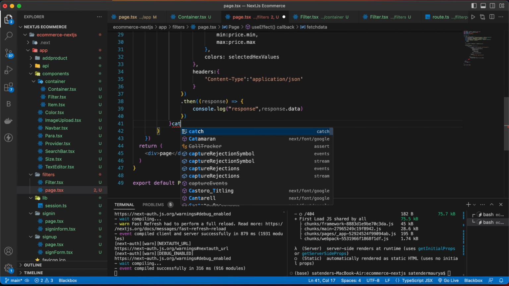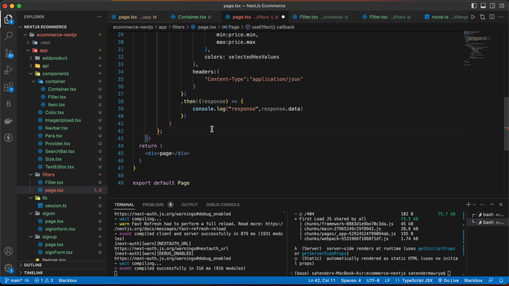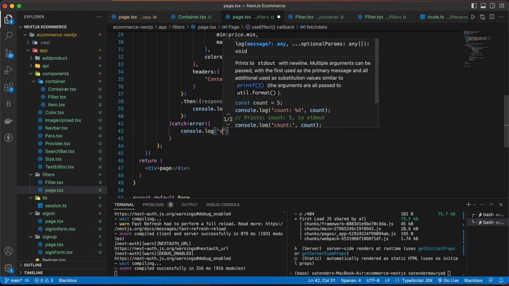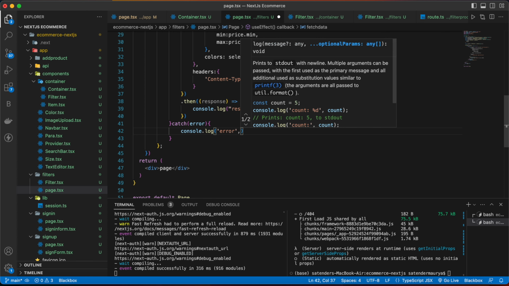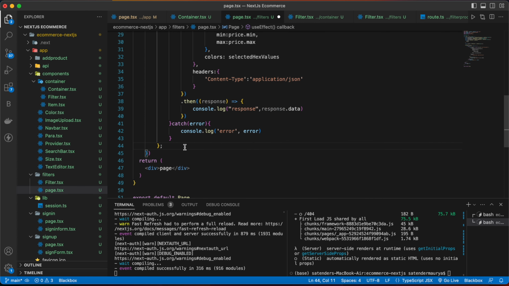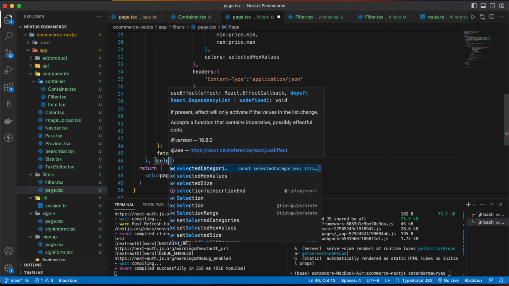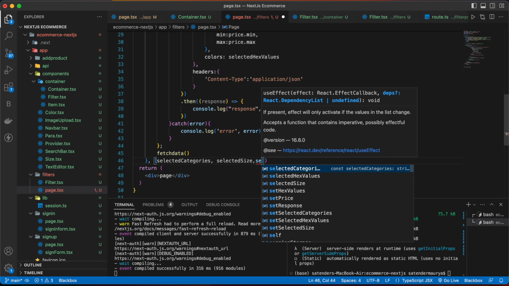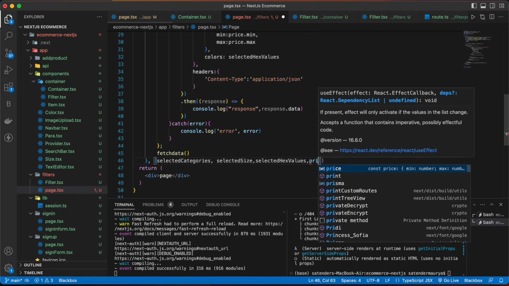Now let's catch the error, and then here write catch error console.log error, and then we are going to call our function fetchData, and in the dependency we are going to provide the selected categories, selected size, selected hex values, and price.